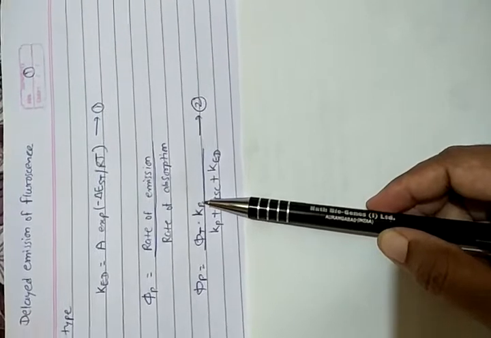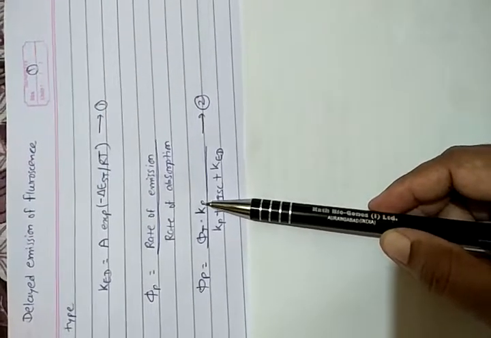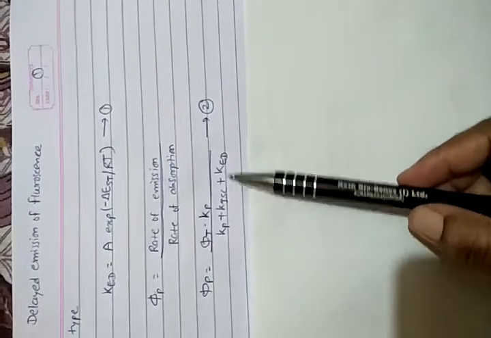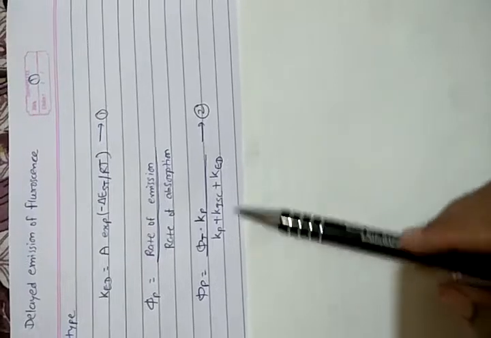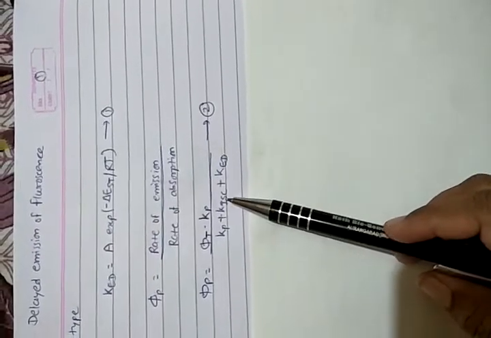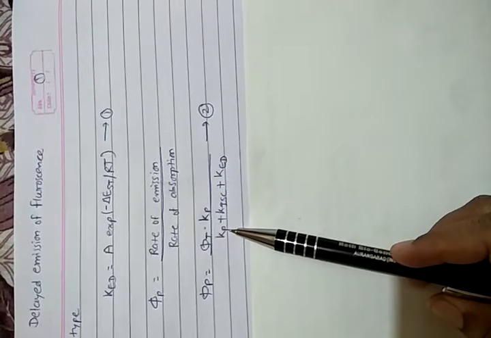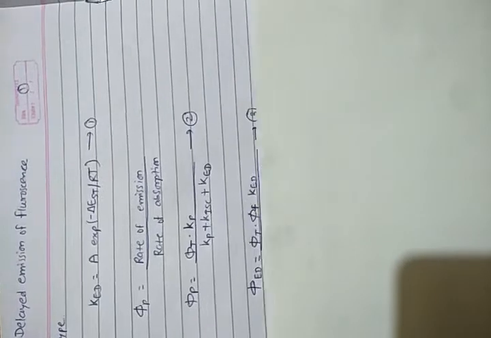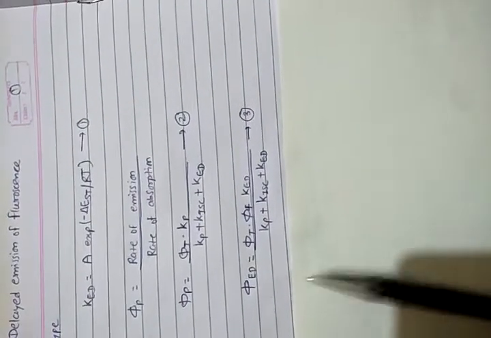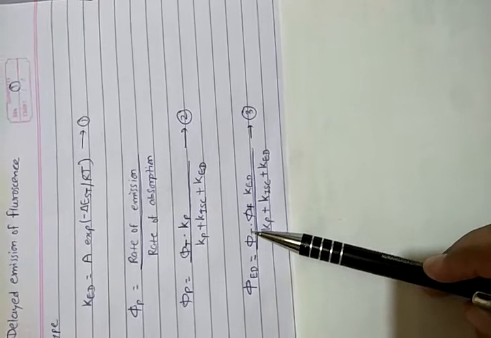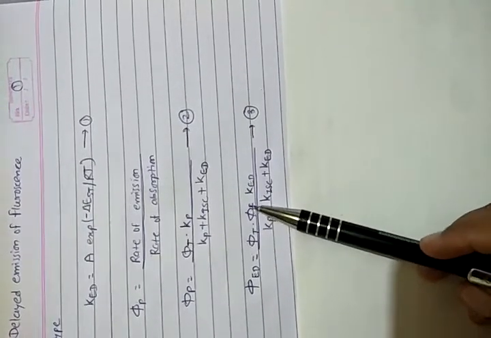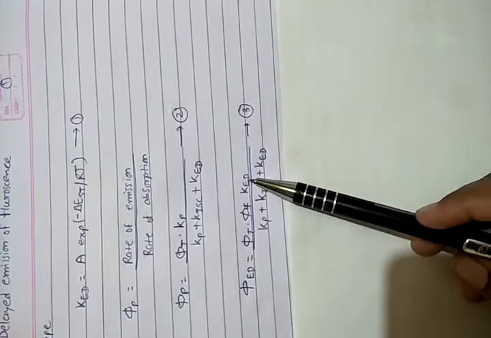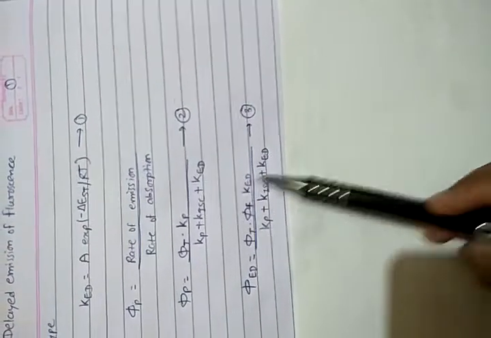So the quantum efficiency, the rate for that phosphorescence emission to that of the complete rate of absorption, will be Kp plus Kisc plus Ked, which will include the intersystem crossing process, that is singlet to triplet conversion, from triplet to S0 state, and then there may be the possibility of delayed emission. And phi_ed will be equal to, as along with phi_t it will also involve the quantum efficiency of fluorescence. So phi_ed is equal to phi_t into phi_f Ked divided by all these same things.